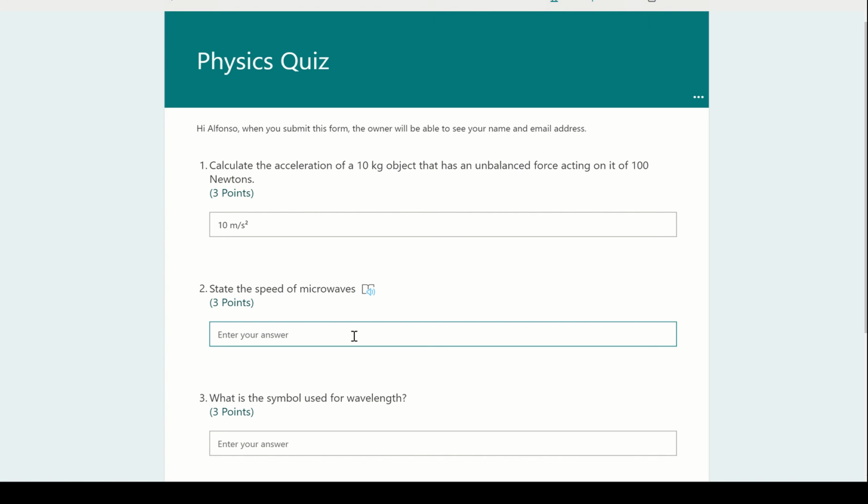Maybe the next answer is 300 million, so you might put in your 300 million. 1, 2, 3, 4, 5, 6, 7, 8. It's quite hard to see, isn't it? So we often put commas, meters per second, so that would be okay as an answer, but you might say